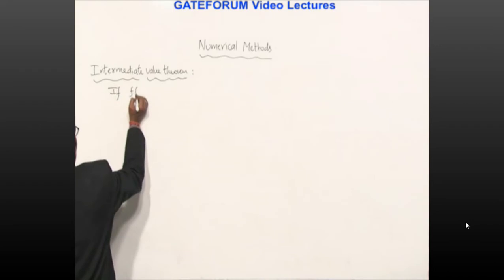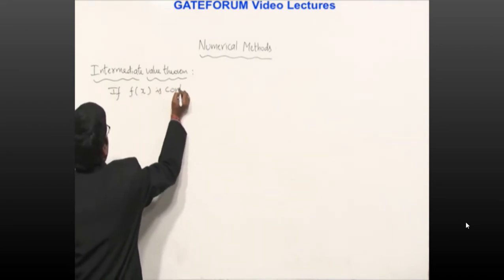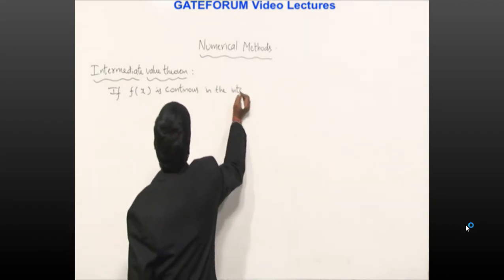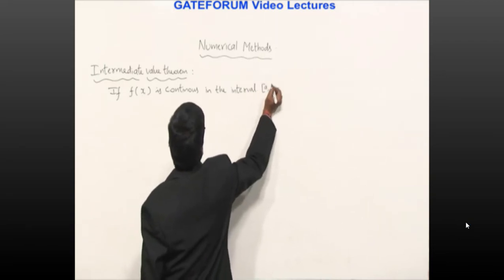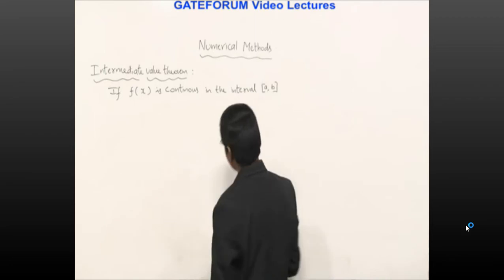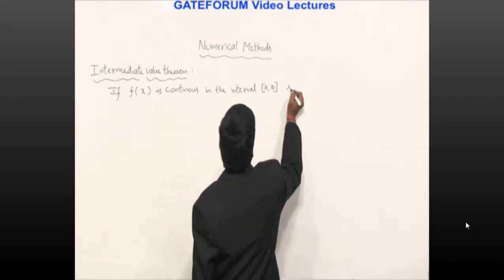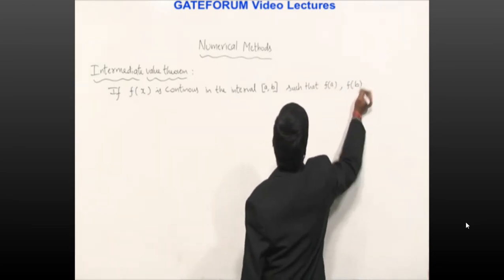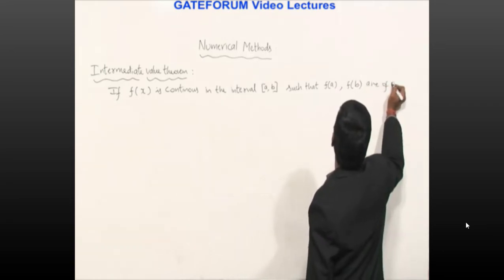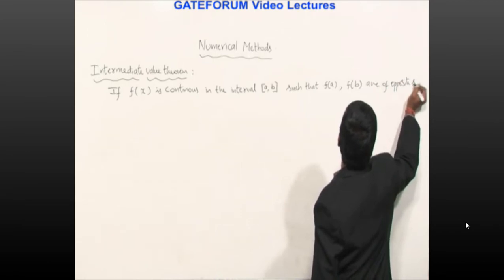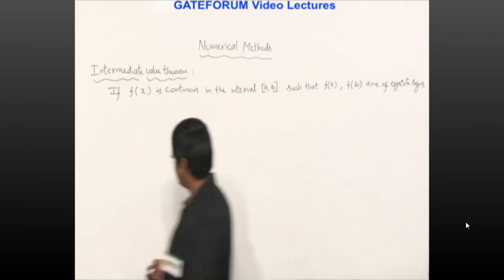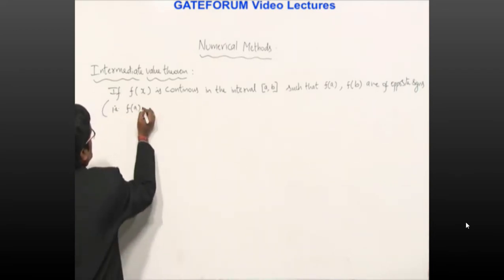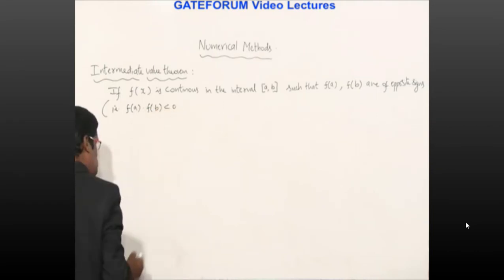If f of x is continuous in the closed interval a comma b such that f of a, f of b are of opposite signs, that is f a into f b less than 0,